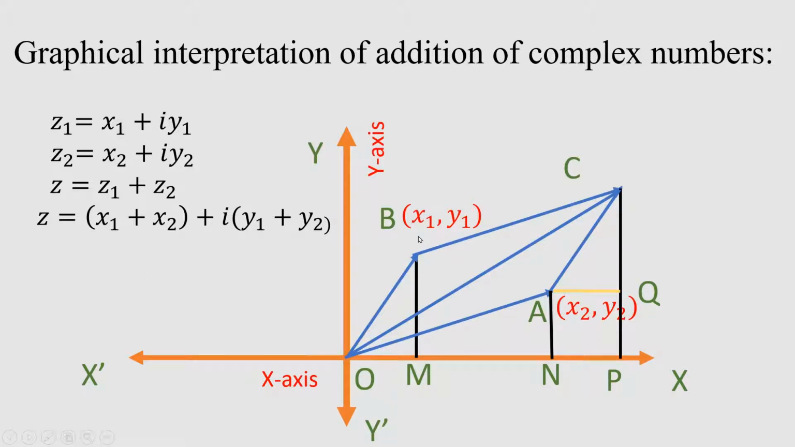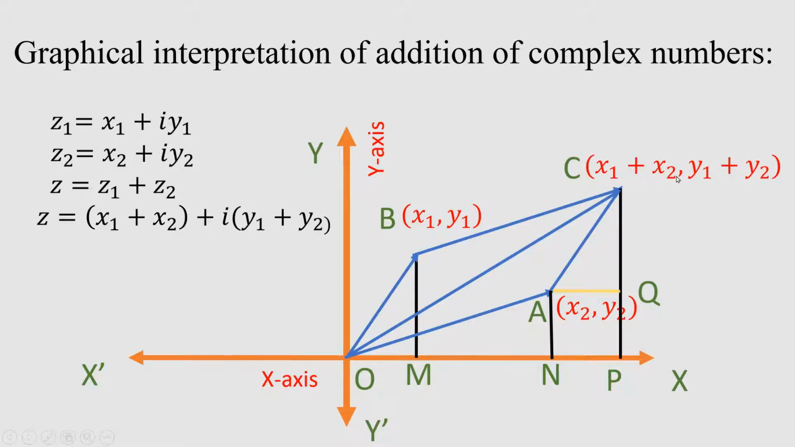As this point is x1 y1, therefore OM is equal to x1 and BM is equal to y1. And this point is x2 y2, therefore we get ON is equal to x2 and AN is equal to y2. As these two triangles CAQ and BOM are congruent, therefore OM is equal to AQ, that means AQ is equal to x1, therefore NP is equal to x1. Therefore this length OP is equal to x2 plus x1,